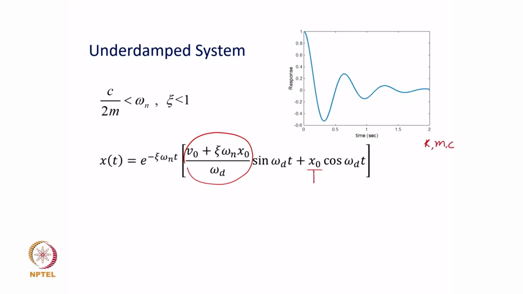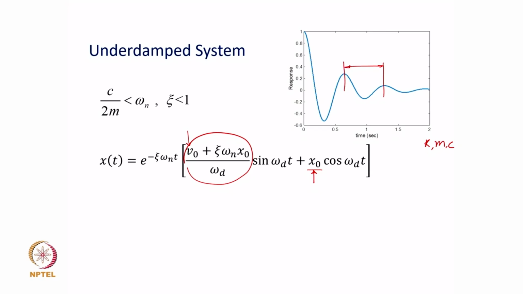is dependent on these initial conditions x naught and v naught, right. So, at t is equal to 0, how much initial velocity or how much initial displacement or how much both of them, if they exist together, will decide what is the overall vibratory response as a function of time. That vibratory response will have its own oscillation frequency, which is going to be dependent on the mass and stiffness